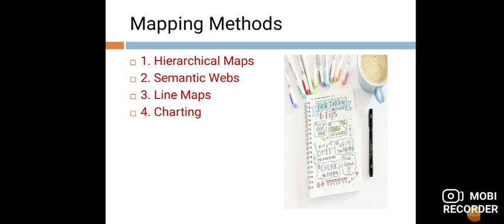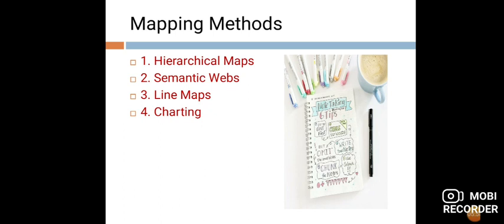In this mapping strategy of note taking, this particular section is very useful because it helps create a visual representation of the reading material. It also is a more active method of note taking because you have to move outside of the author's framework and you have to create your own ideas.